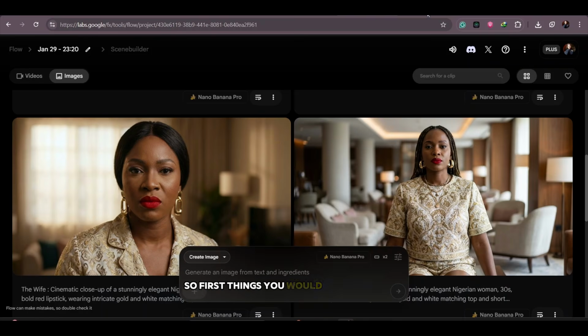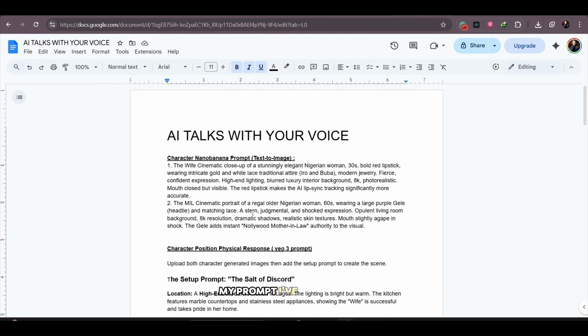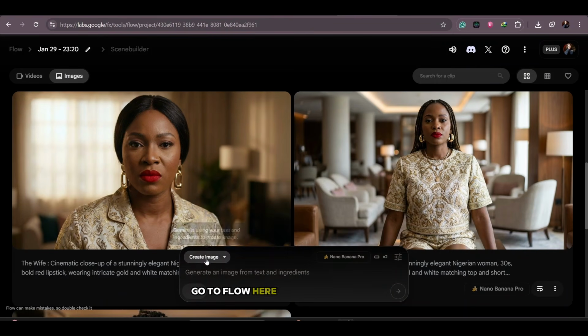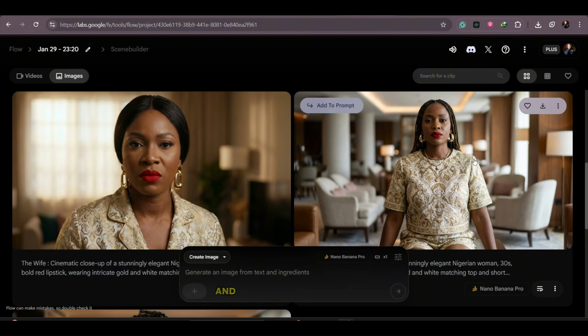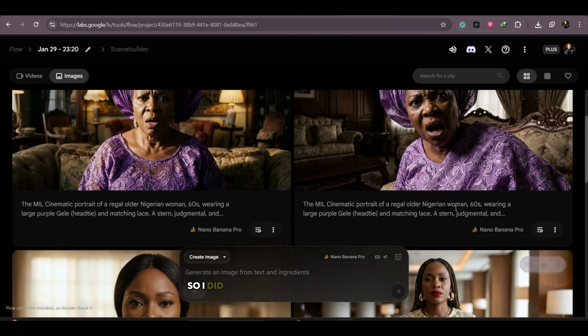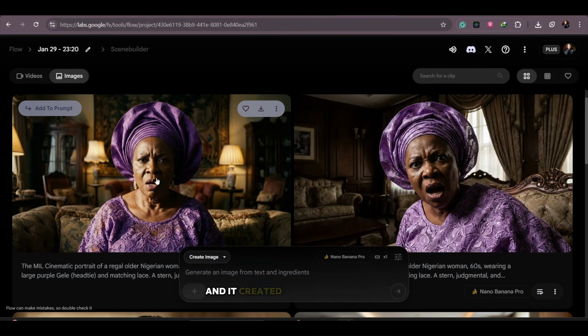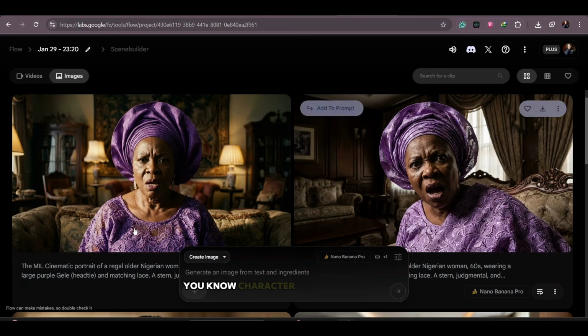So first thing you will do is go to the prompt I've created here, and start first of all by creating the characters. So you're going to create the wife character and the mother-in-law character. You just copy the wife character prompt, go to Flow here under create an image, paste the prompt here and run it. That's what I did, and it generated this character for me, and this is another variant of it. I did the same thing for the mother-in-law, and it created this mother-in-law character for me,